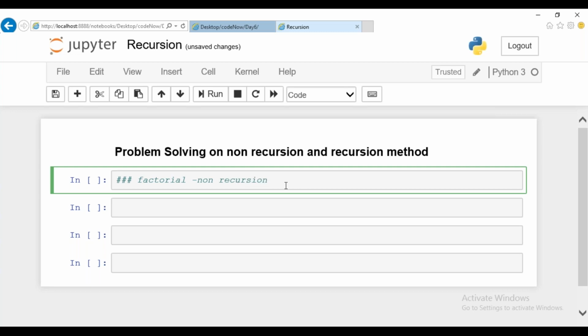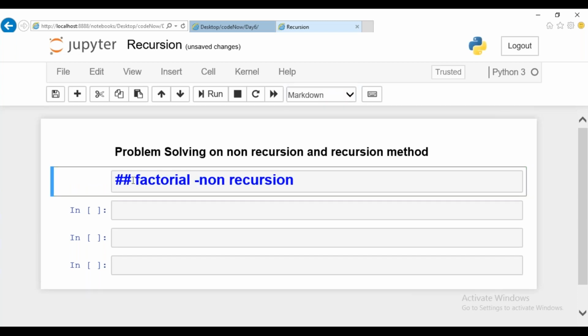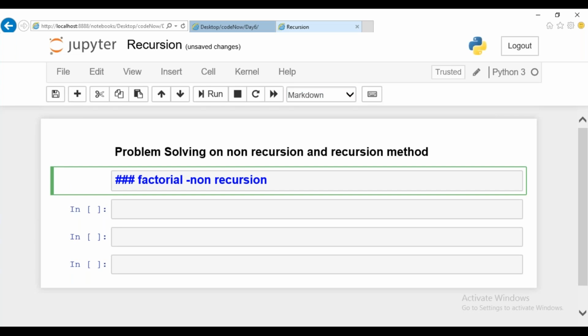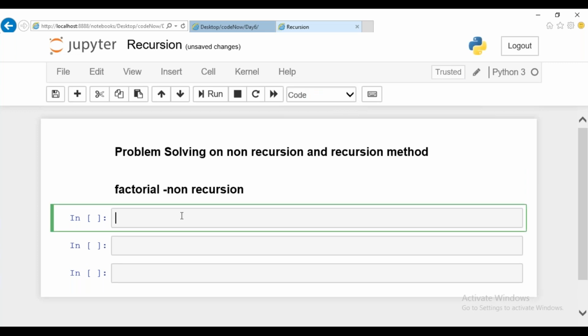Guys, a very simple program. We are going to write a factorial program based on non-recursive method. Just try it out, hardly 4 lines, I guess. By using iterator, try to do this one, not by using recursion method, guys. Factorial of a given number in a non-recursive way.